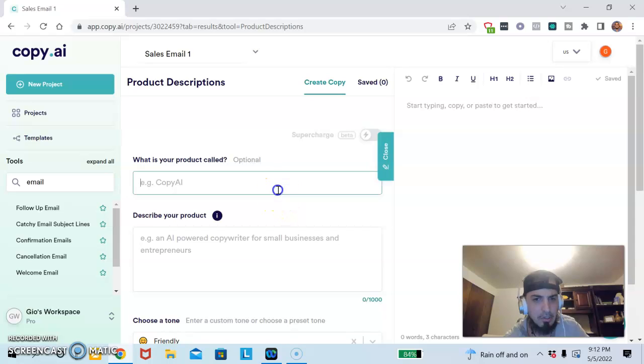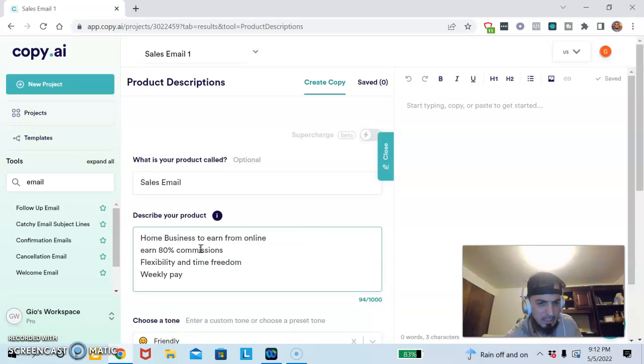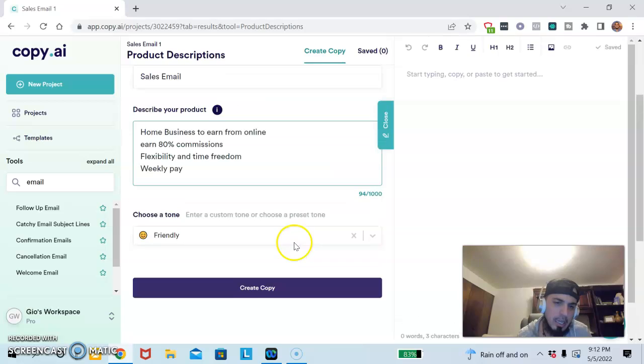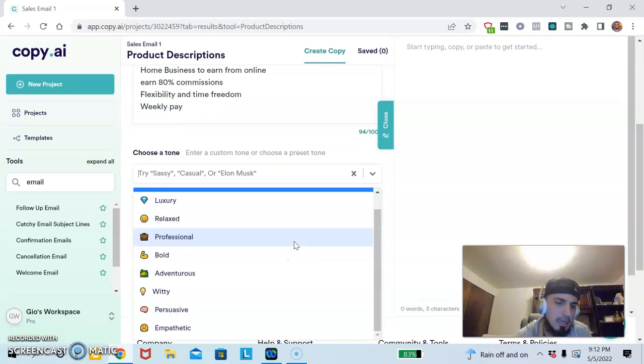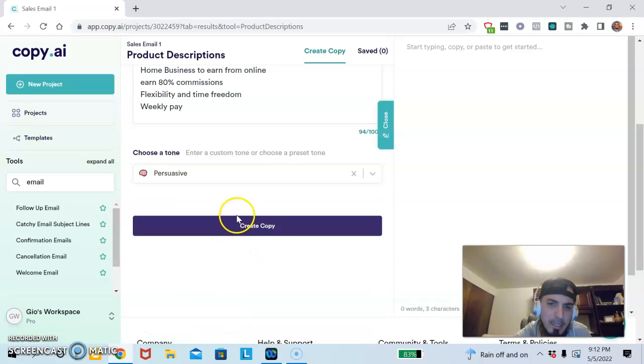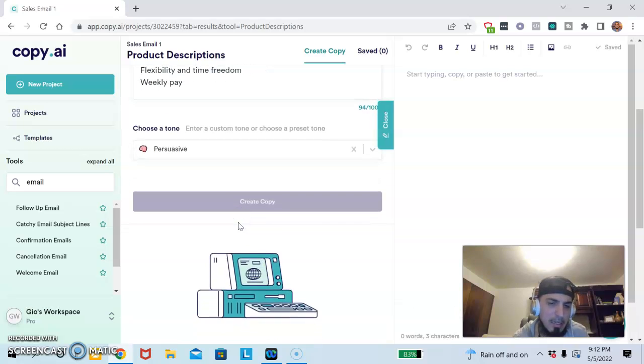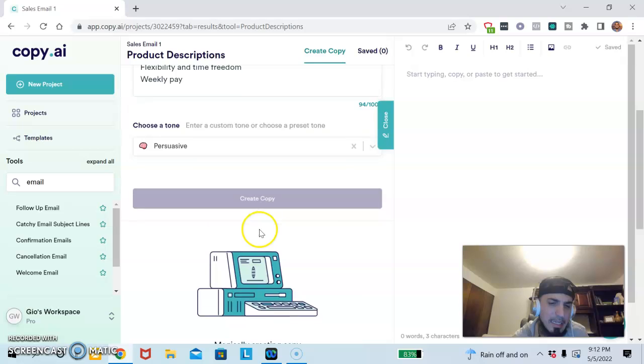And then you'll continue, and it's going to ask about the project. So it's going to be a sales email, and this is what it's about. This is artificial intelligence. And here are the points that I want to touch on. Then it's going to ask you about the tone that you want to use, and I want to use persuasive, right? So I'm going to select that,